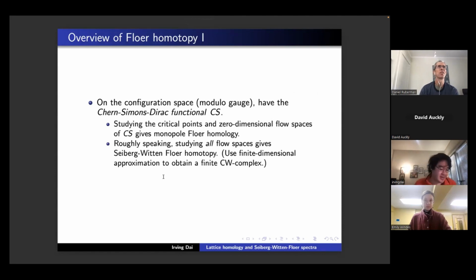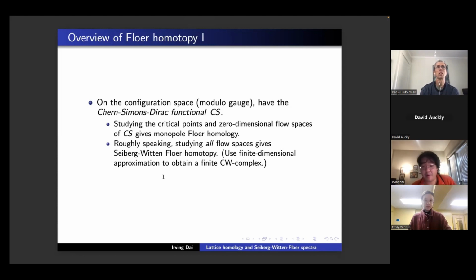All right, so that's as far as the overview goes. So now let me talk a little bit more about the details of Seiberg-Witten-Floer homotopy. Again, I don't think I have to go into so much technical detail for the present audience, but let me say a little bit more about why Floer homotopy is hard. So again, what's the basic idea? Well,